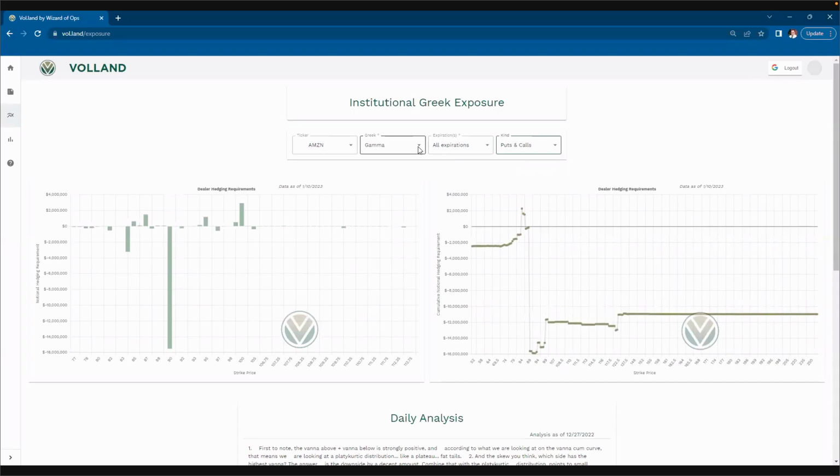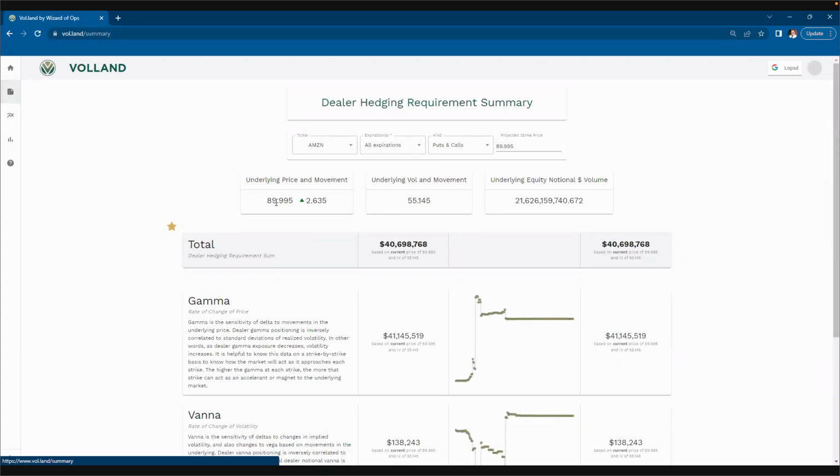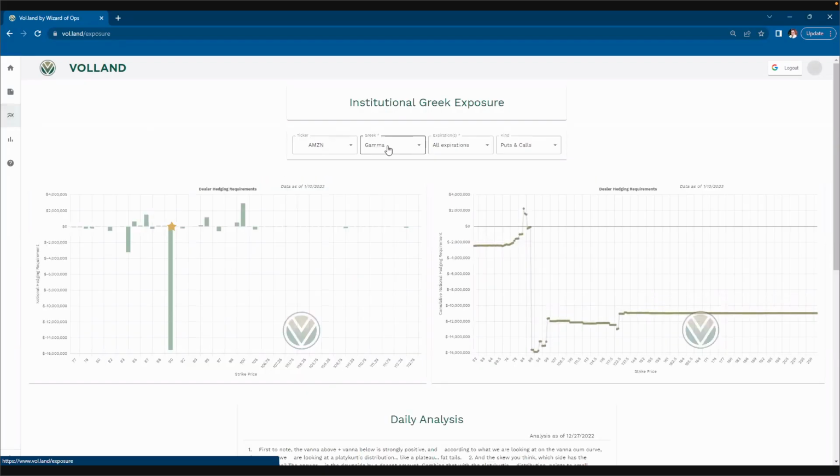Gamma's negative, it should be. I'm in my head now. And where the price is, right here, right on top of it. You're putting me on the spot. Just click. Yep, I'm putting you on the spot. This is where price is. Oh, actually, wait, no, price should be under it, I thought. Right, it's right on top of it, right? What's the price right now? We'll check. All right, well, in that case, if it's right on it, I'm going to assume magnet effect, so we'll assume positive. All right. The correct answer is...